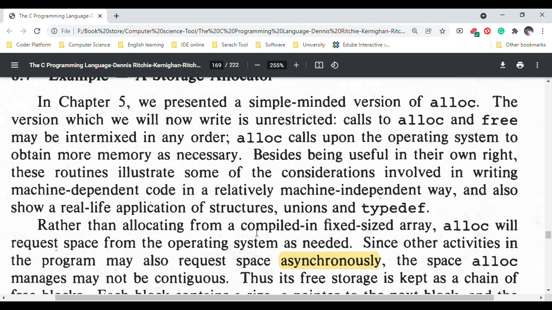Besides being useful in their own right, these routines illustrate some of the considerations involved in writing machine-dependent code in a relatively